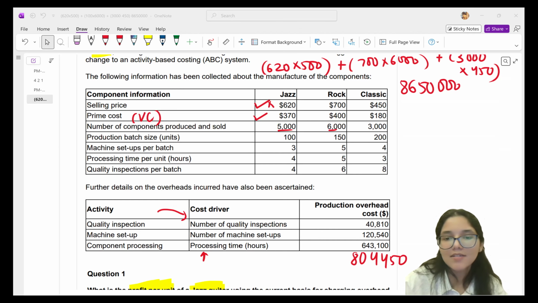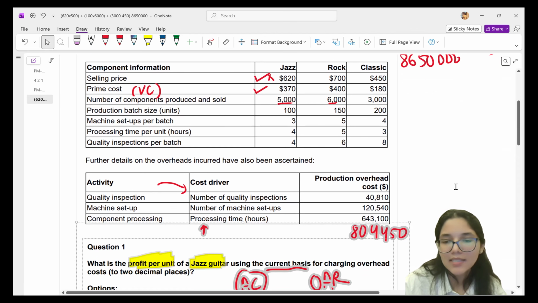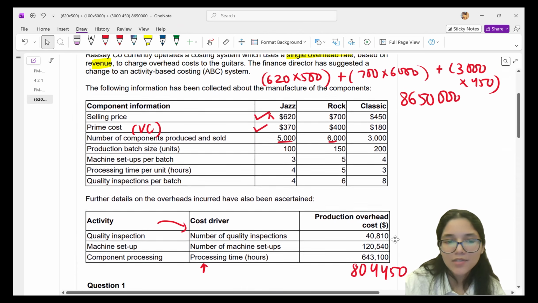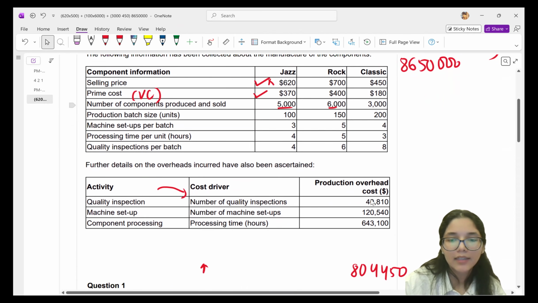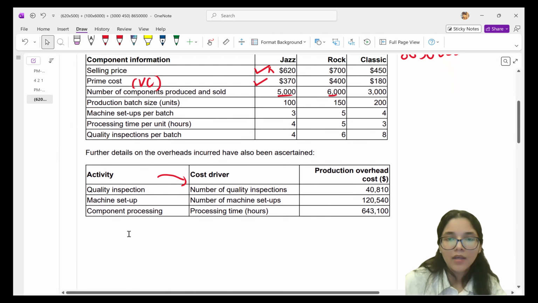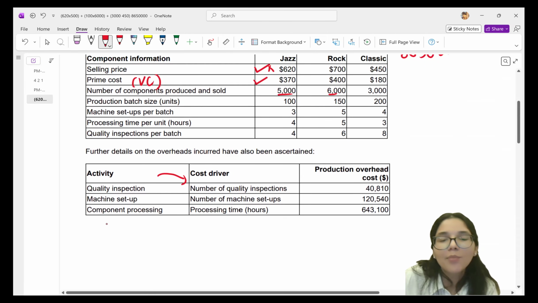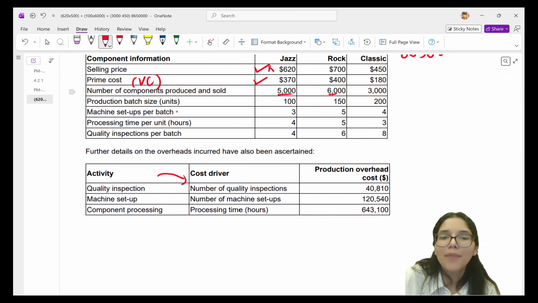Let's also discuss this together. Again, this requirement is also very easy. Let me see if I can insert some space over here. Yeah. So I will just remove this. Okay. So I basically need to find out how many will be the number of setups that need to be done. So firstly, I need to find out how many batches are there because the machine setups are given in